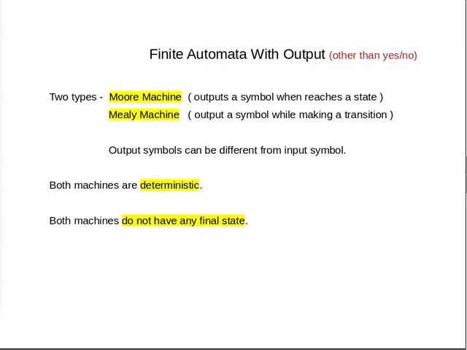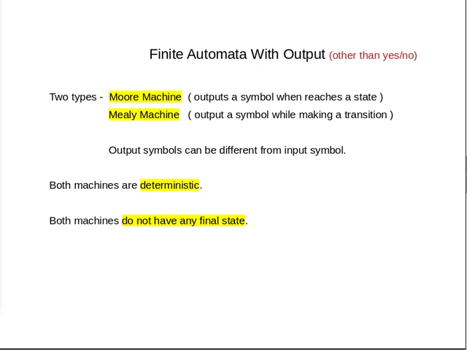So we said that we will focus only on decision problems. So the answer is always yes or no, and we defined our DFA, NFA, epsilon NFA accordingly. And later we will also define pushdown automata and Turing machine in a fashion that the answer is always yes or no. But in today's lecture, we consider